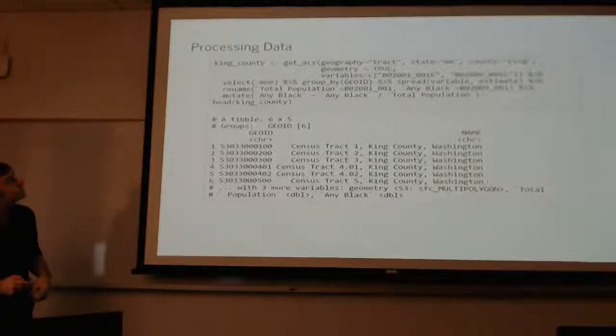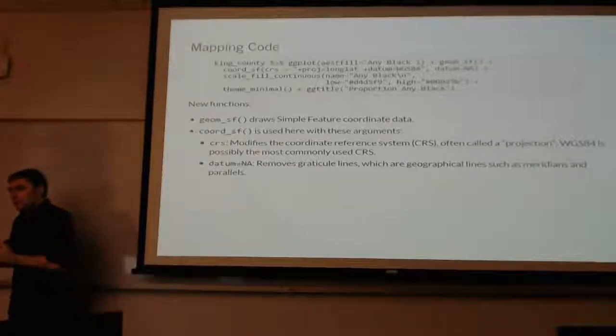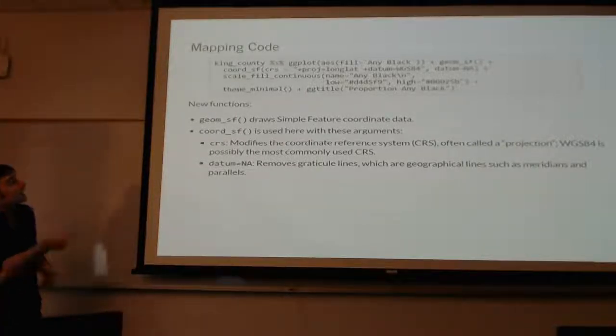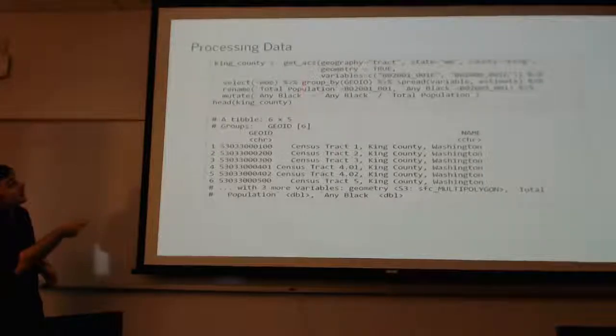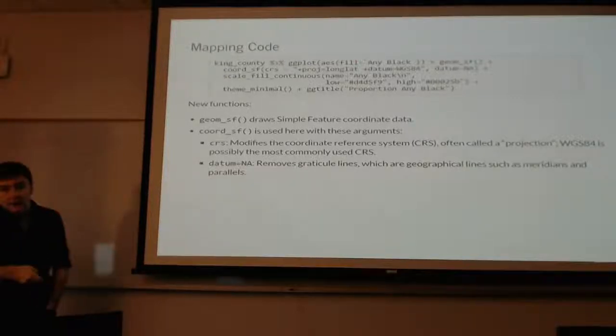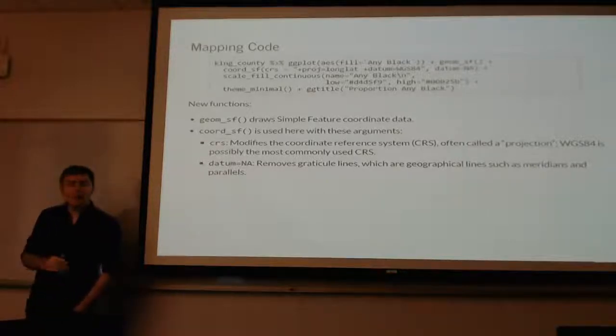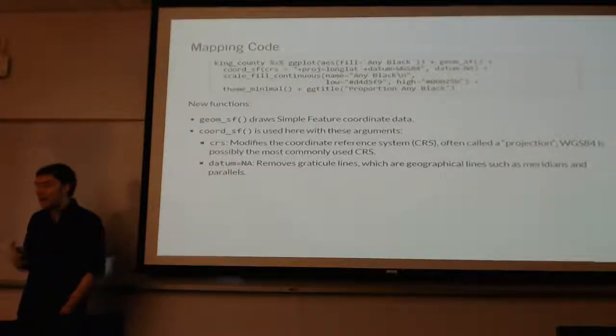Yeah. Okay. Now, I want to actually map this. So what I did is I have this King County data frame, which I created right back here. ggplot, aes, the fill is any black. Notice the only thing I did here is I gave it a fill. I didn't give any x or y, I didn't do anything. All of the actual mapping is going to be taken care of by